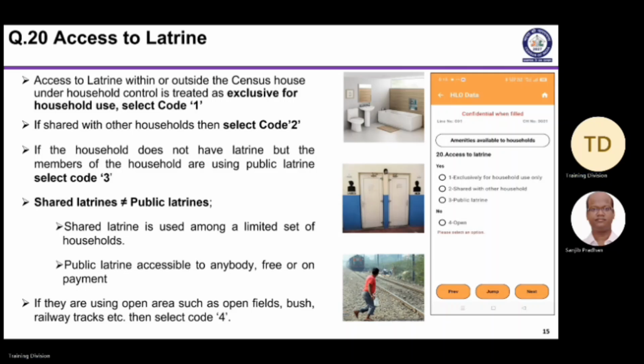Sir, please, what if a household is having the latrine facility, but they are not using it? Not using. Because we have found cases in villages where they are using it as a go down. But it is access, but they are telling that they are not using it. Access is where it is important. Sometimes using is access, but in this case, they are not at all using it. If they are using it as a storage, do they have access to latrine? They are not using it at all. Then you give code 4.